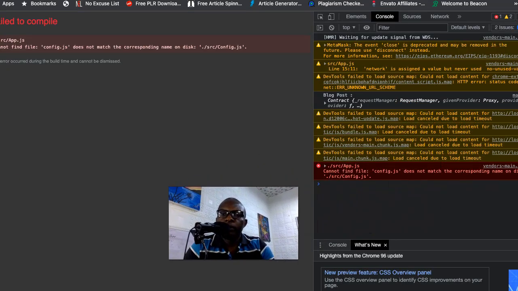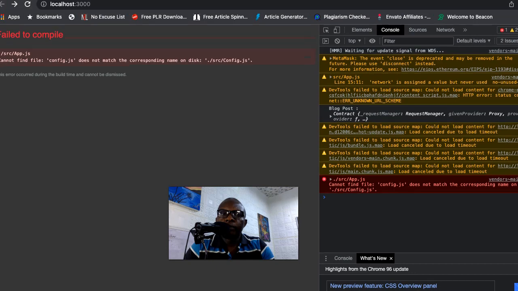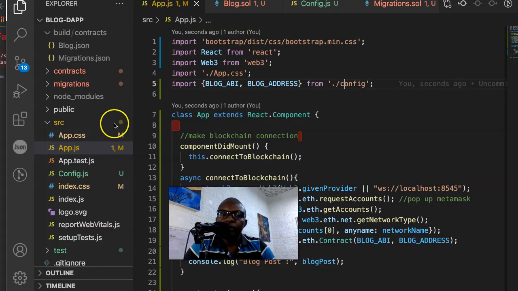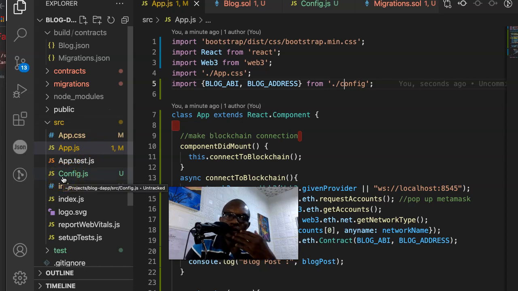And what's the error about? It's telling us something interesting about the config file. I'm trying to run the app, okay? It's telling us in app.js that config.js does not match the file we're trying to point it to. So if we get to our code, you notice that this file starts with a capital letter, which was honestly